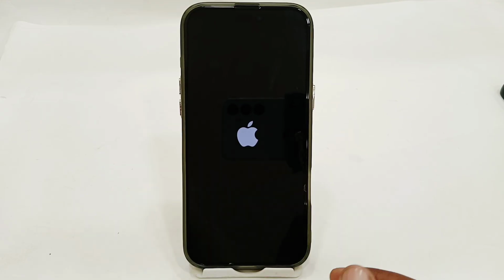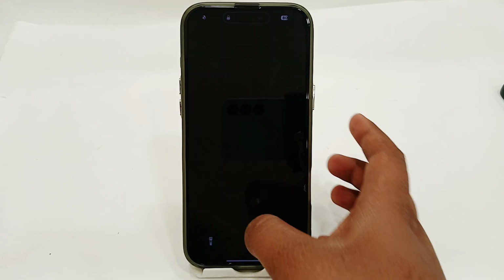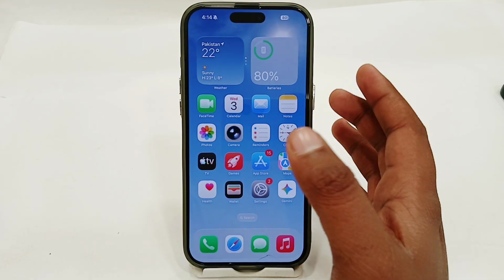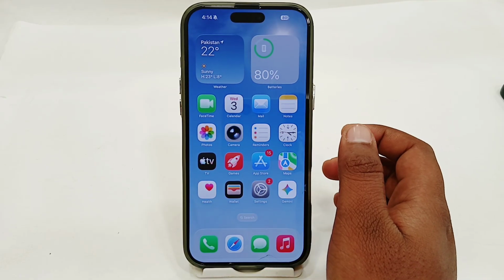And here once you get the black screen, you just have to wait for the Apple logo, and once you get the Apple logo, just release the button and wait for your phone until it restarts. After restarting, just unlock your phone, and here you have to retry or recheck if your issue has been fixed